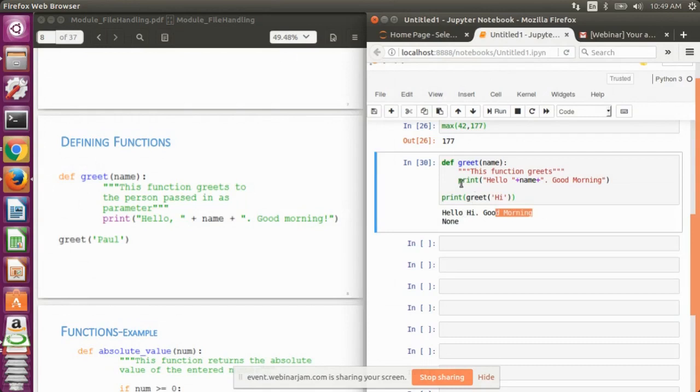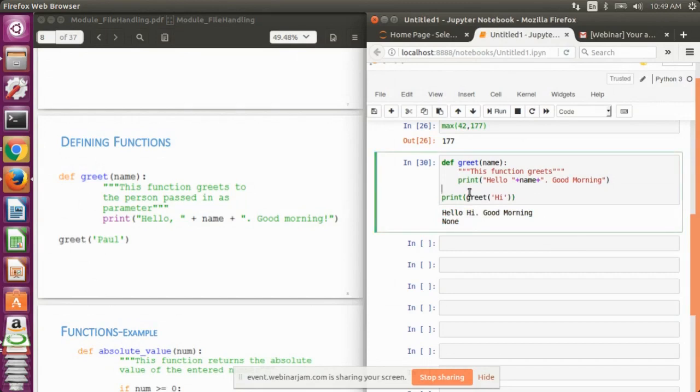The first output corresponds to the print statement that we defined within the greet function, and the second output, that is None, is the output of the greet function. That is, whatever value the greet function has returned to the print function that we defined outside the greet function. We have not written any return statement in the greet function, so it has not returned anything, and that's why the output is None.